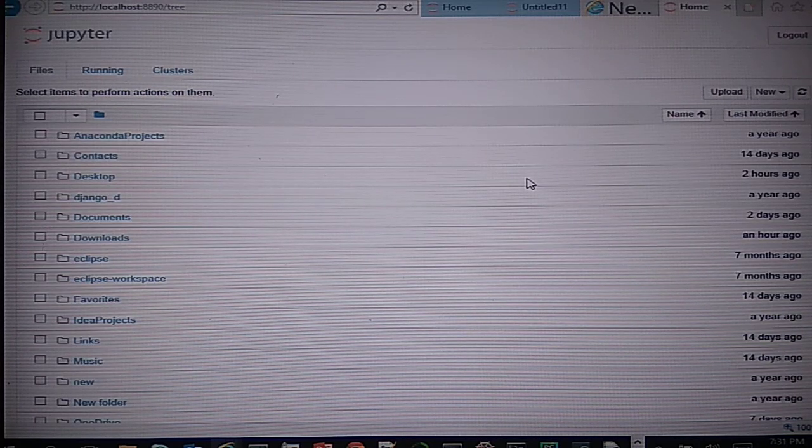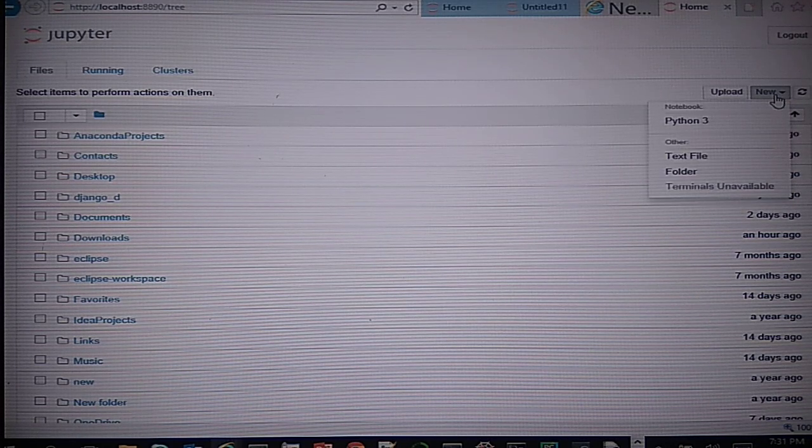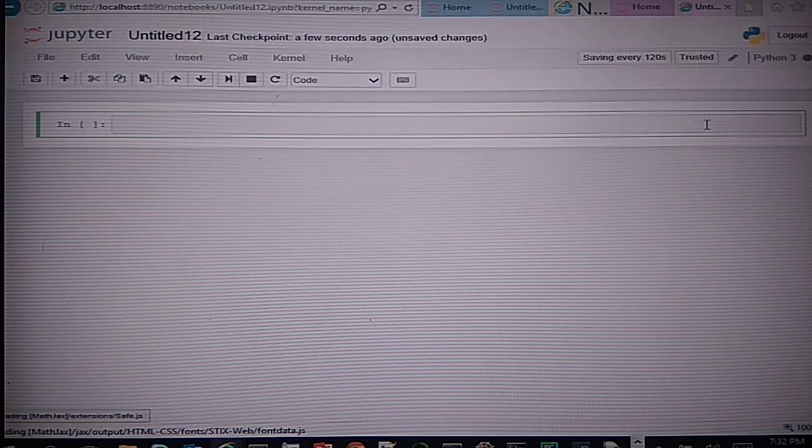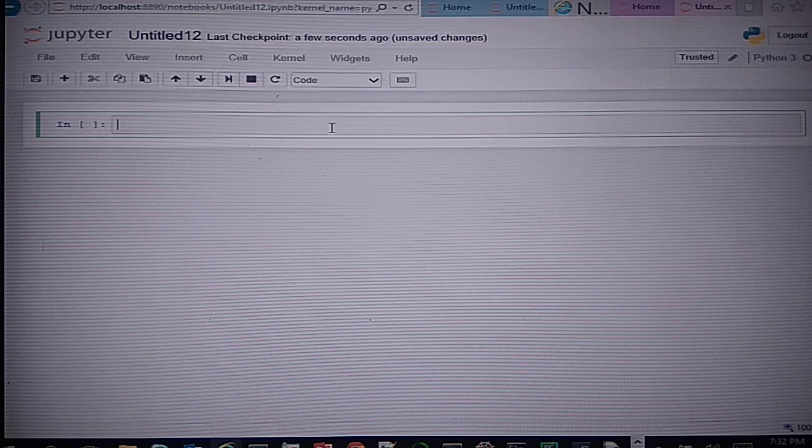Once you give in your password, you come to the Jupyter Notebook section. Here we have to go to this New button, and once you click on this, you can see Python 3 is available for you. If you have Python 2 also available, then both options will come in the drop down and you can select whether you want to use Python 2 or Python 3 with this notebook. Now here I am in the Jupyter Notebook, and working in Jupyter Notebook is as simple as we have seen working on the shell. Here I can type in any command. So see, a simple command.